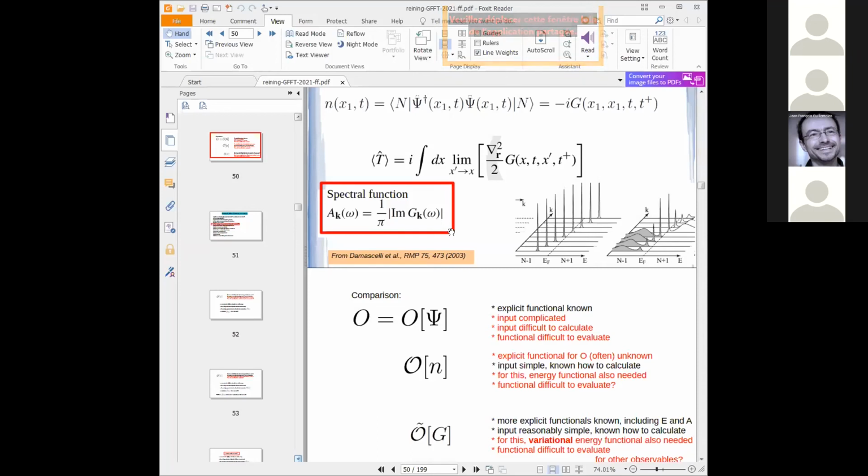Tommaso, if you want to ask your question, go ahead. So my question is very quick. I'm very doubtful on the fact that it's an extremum condition, that the Klein functional is variational. The fact that it's an extremum and not a minimum, I'm very doubtful. Maybe for the Klein it is true, but for the Luttinger-Ward, I don't know. When I read the article of Luttinger, it was clear that it was a maximum, and if it were an extremum, a saddle point, let's say, I would say that